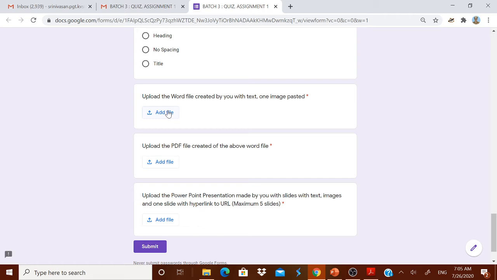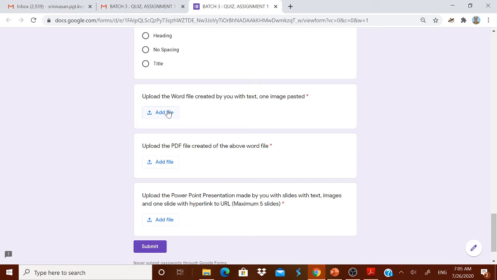For example, a Word file, if you want to make, it may contain only 1 page and with some conditions, and the PDF is the above Word file converted into a PDF. The PowerPoint presentation also has a maximum of 3 slides. Therefore, try to avoid a Word file, PDF or PowerPoint presentation already made by you.